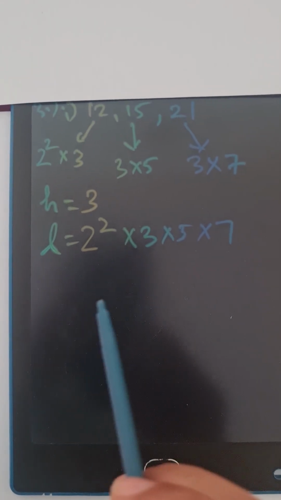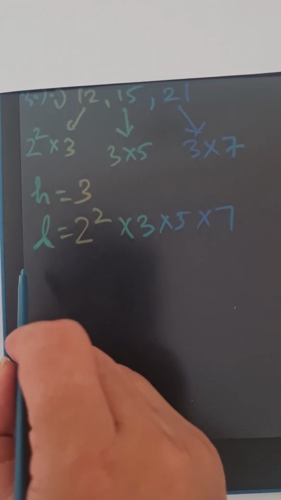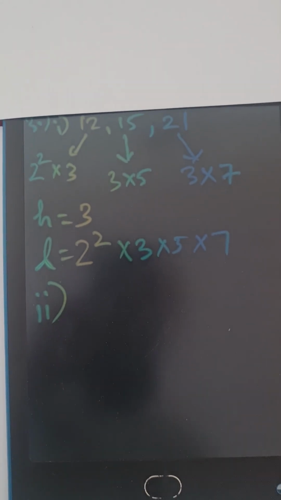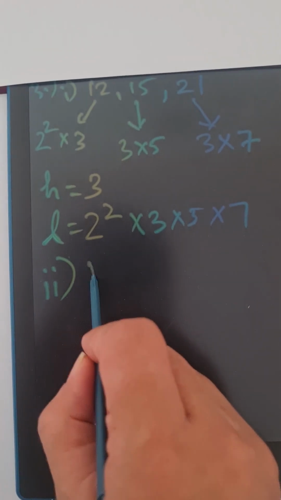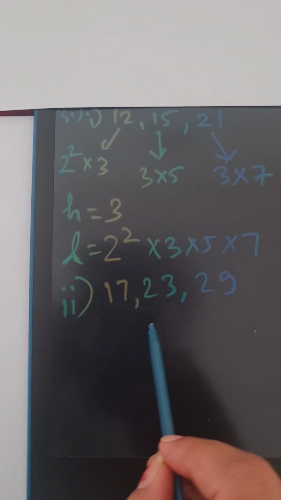So this is the LCM of the number. You can multiply it if you want. The second part is finding the LCM and HCF of 17, 23 and 29. So here 17 is a